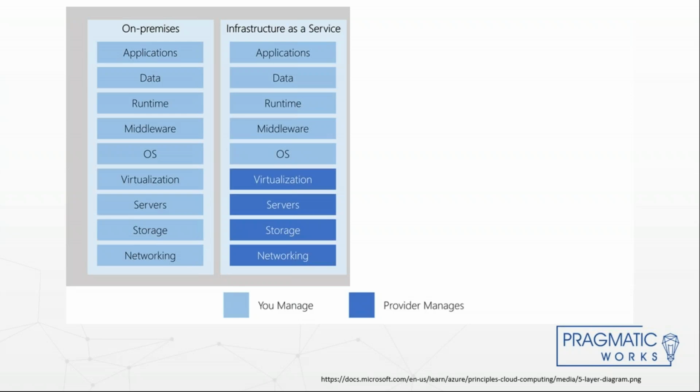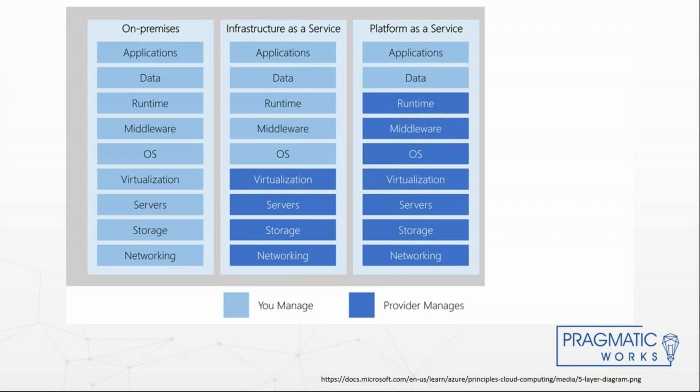When you begin to use the cloud as an infrastructure as a service, you transfer the maintenance and the physical requirements for your virtualization, your servers, your networking, and your storage to your provider. You don't have to worry about physically providing those things. When you move up to using platform as a service, not only do you get all of the infrastructure, but you also get the operating systems and the runtime environments that are required.